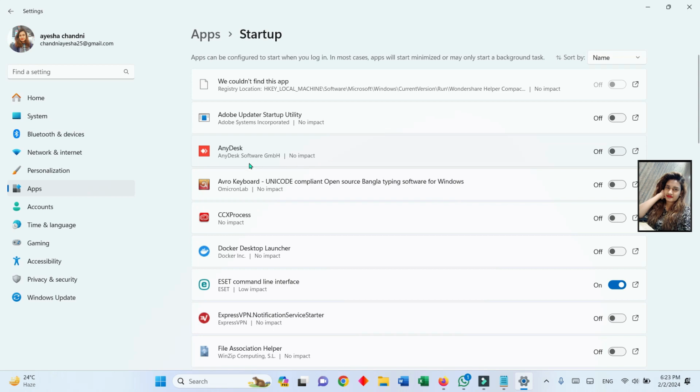So now here is AnyDesk software GmbH, no impact. Here by default it is off. So if you want to, click on it, then when we log in or start Windows 11, it will automatically